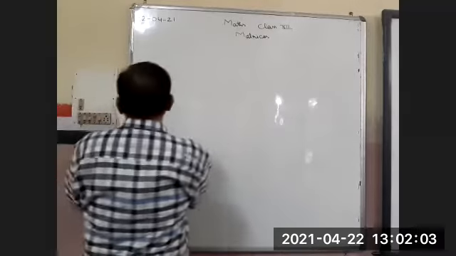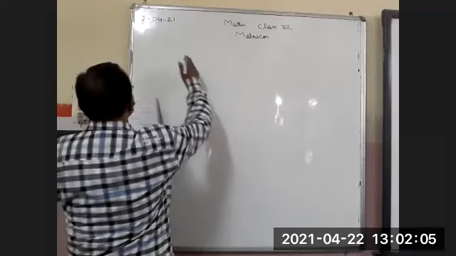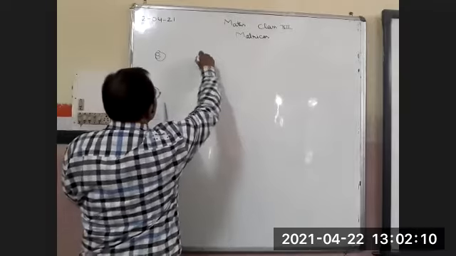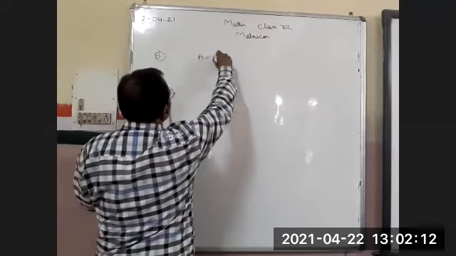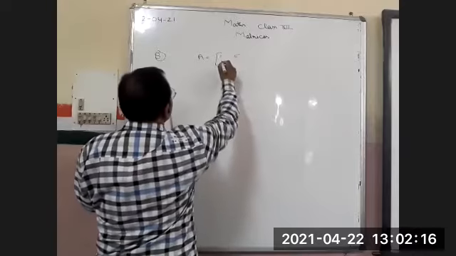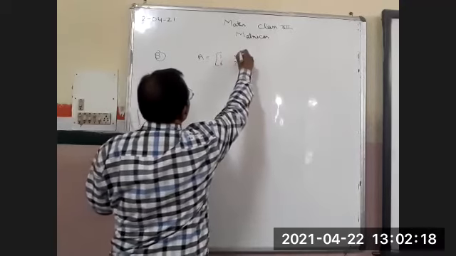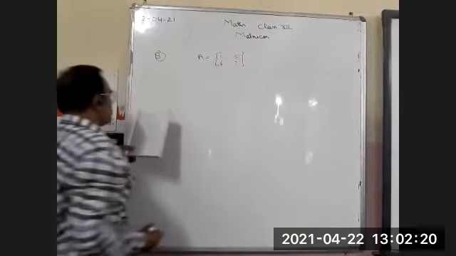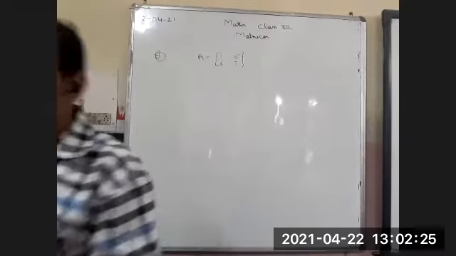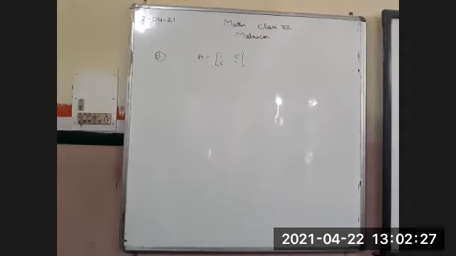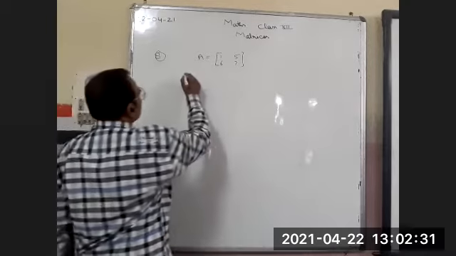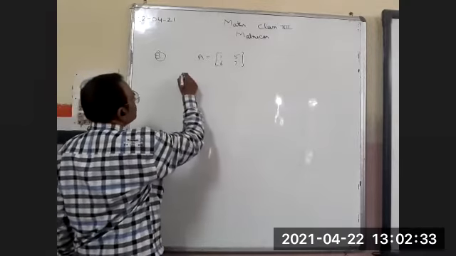You have to verify that A plus A dash. Question number 8: A equal to, they have given you, [1 5; 6 7]. You have to verify whether A plus transpose of A is a symmetric matrix, or A minus transpose of A is a skew symmetric matrix. So first I am taking the name B.